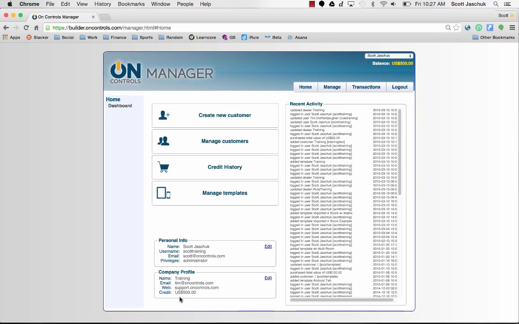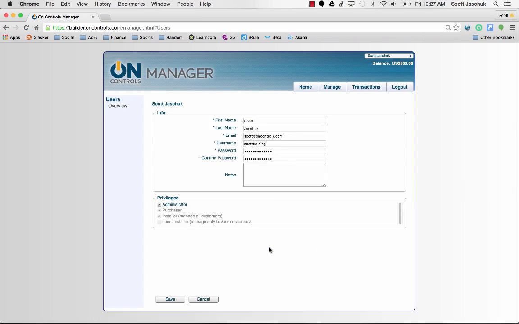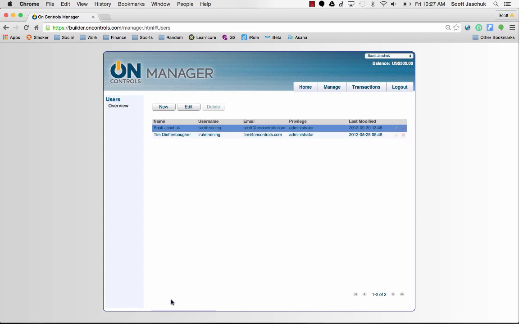We'll save our changes and return to that home screen. And now we can adjust our personal information. So we can see our first name, last name, and email. We can also see the username and password that we gave ourselves to enter the On Controls Manager. Now we'll talk about privileges next, but we can make those changes and save those changes to return back to our Manage User page. You can also access this Manage User page by using the tab Manage and Users, and